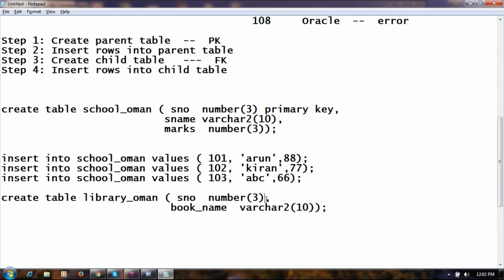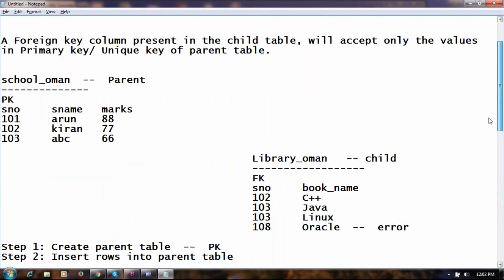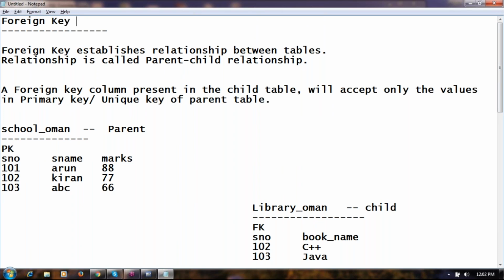So how to apply a foreign key constraint? Foreign key is also called a referential integrity constraint.